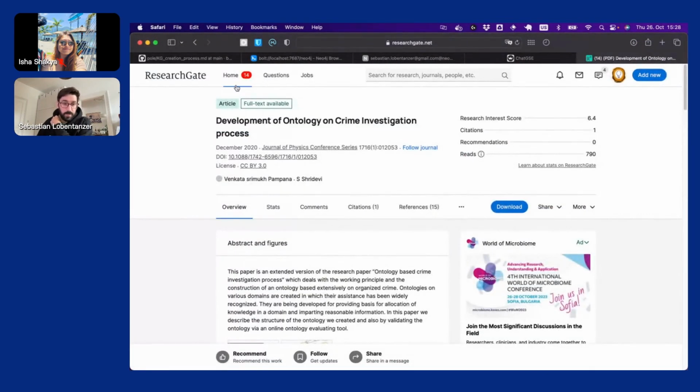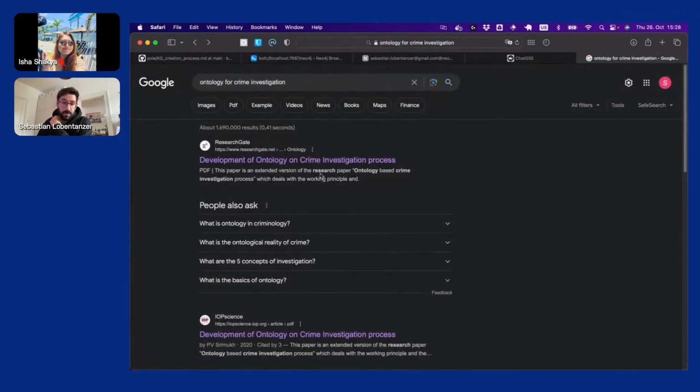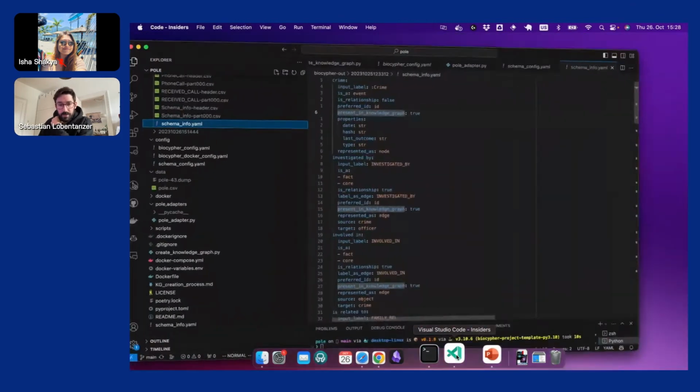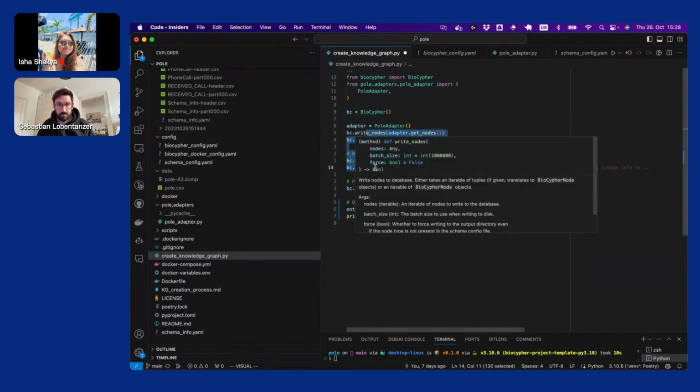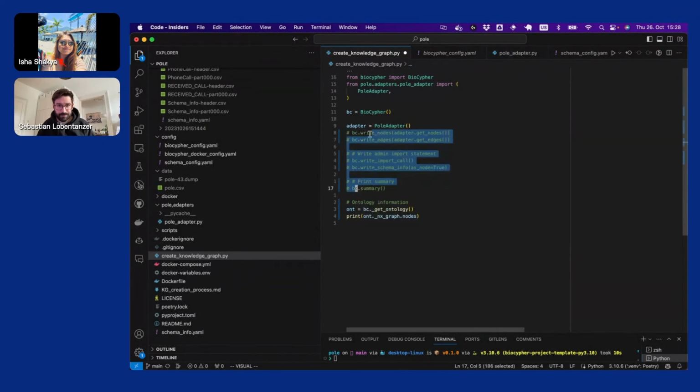So it took me a bit of reading to figure out whether there is actually a usable ontology. And actually, BioCypher helps you in looking at the ontologies. If you uncomment this here, then we can see. Maybe I comment this so that we don't need to run everything again.